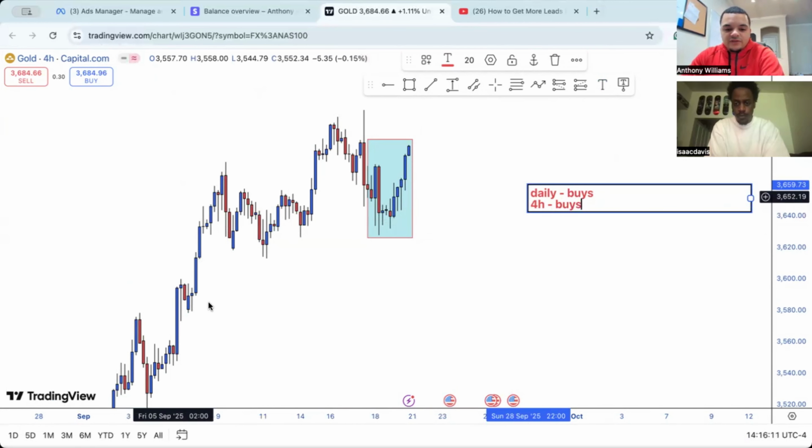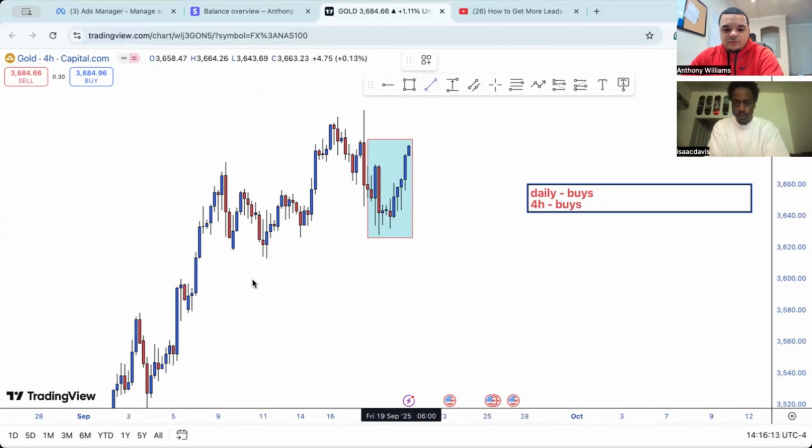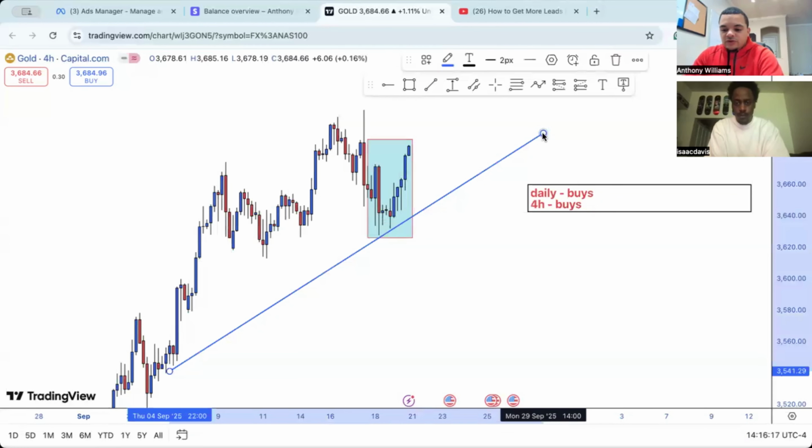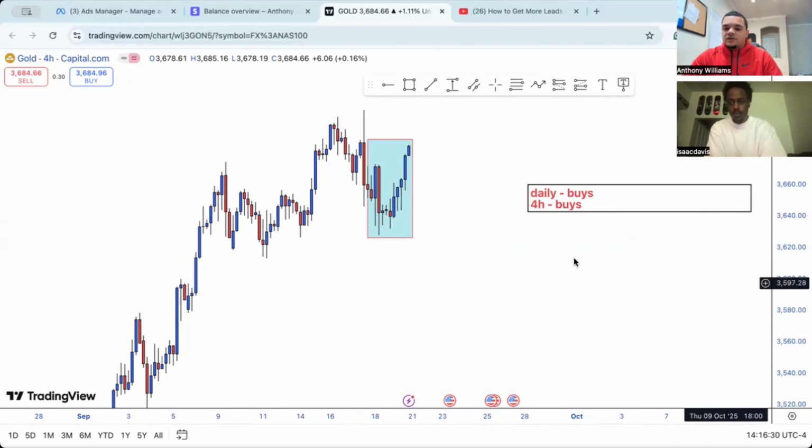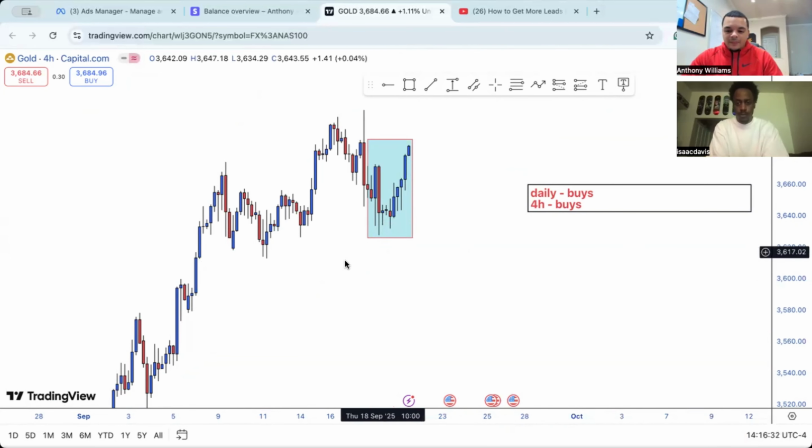Obviously, you see we're in buys because price is moving up, but you don't even need that because with Forex, I'm sure you've seen a lot of people post other trades and everything, and you see their charts, they got a bunch of crazy stuff on it. I'm showing you a breakdown of how you don't need all the crazy indicators and stuff like that. That's why I'm showing you the simplest things. So you see that we're in an uptrend.